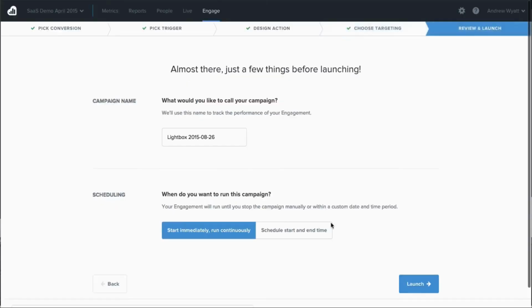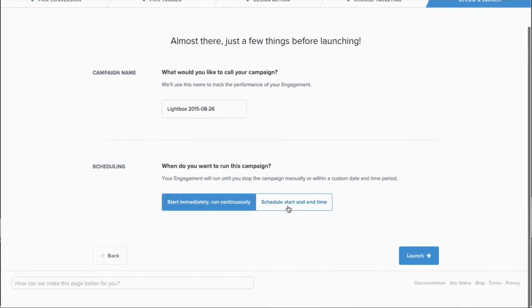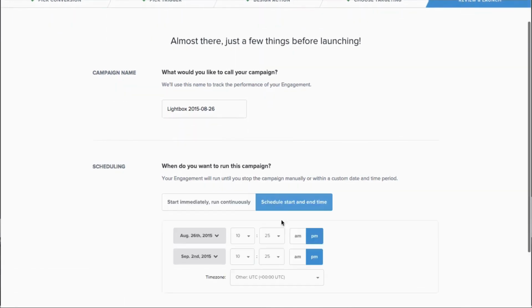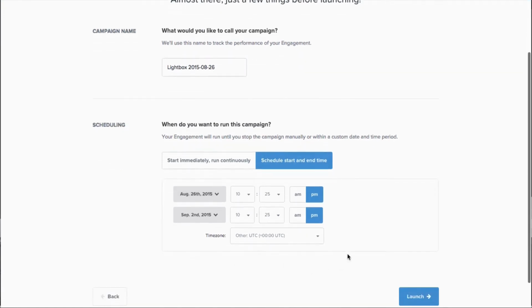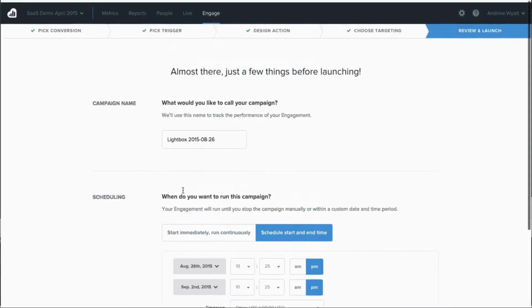You can rename this campaign, choose something custom, and then choose to either run this campaign continuously or schedule when this campaign is going to run. If you want to run it for 2 weeks, 4 weeks, a few days, just depends on what you want to do. So when this is all said and done,